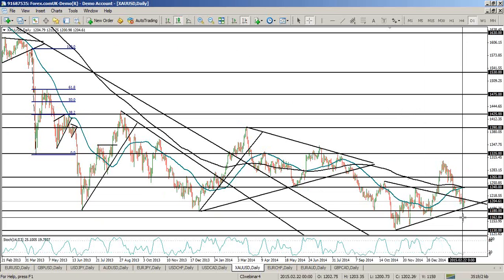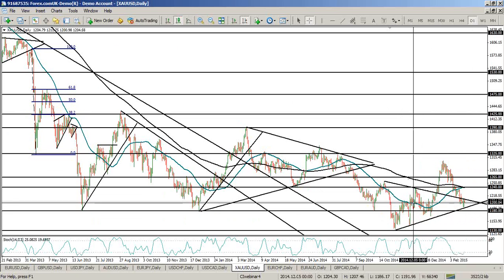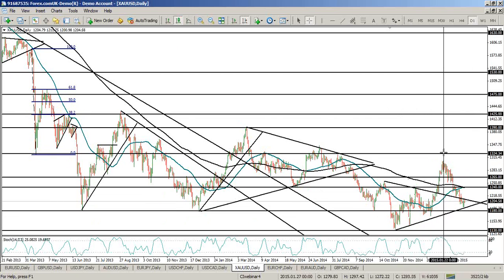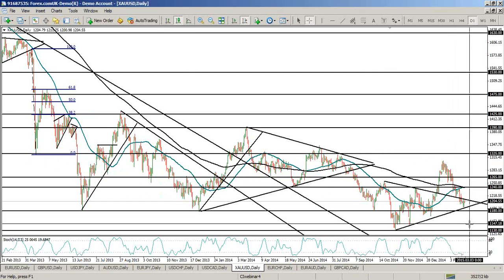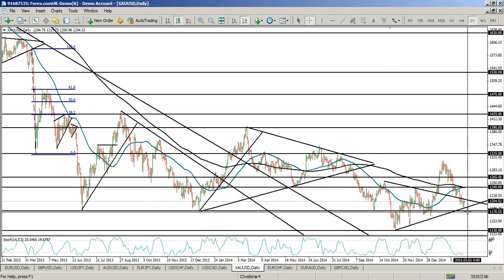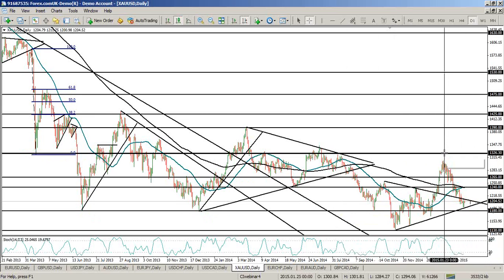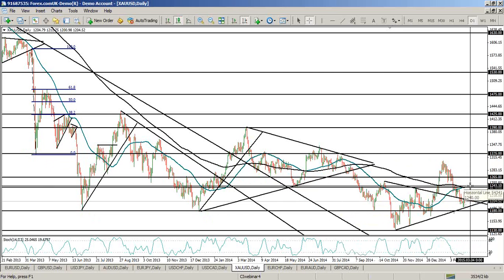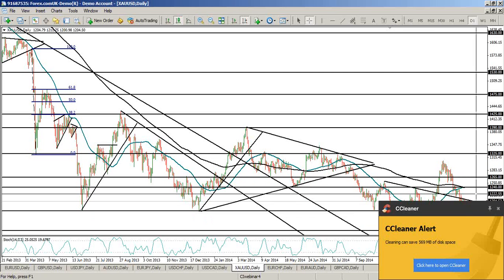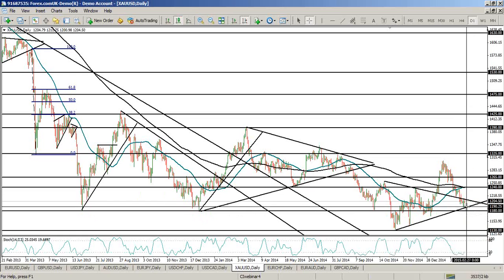Let's take a look at gold real quick. We have this triangle pattern. It broke to the upside. I was predicting and looking for it to at least hit the 1325 resistance level or so. It comes short of that and then falls precipitously. And now we're back near our strong support at 1180. So again, this prediction of where it might go doesn't always work out. But what you want to do is you want to be able to